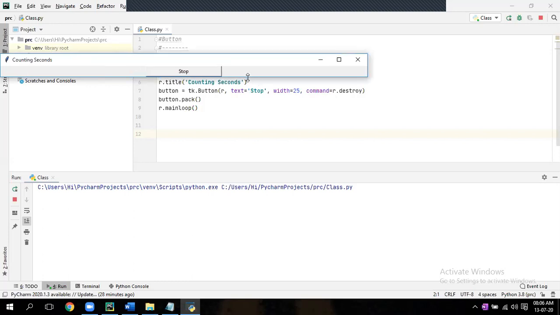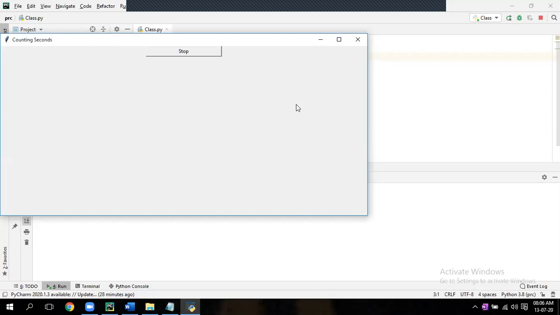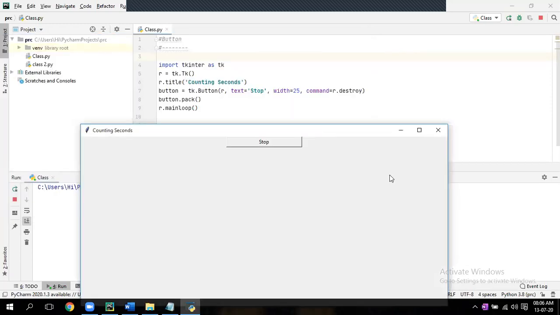Drag down also. Put it just below the code. That's it. Don't do this much. Okay, that's it.